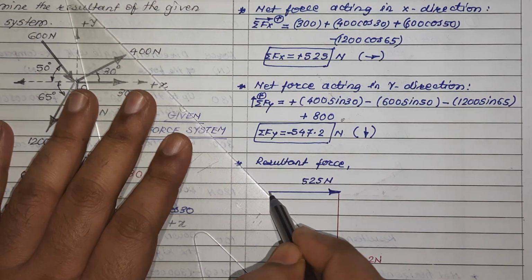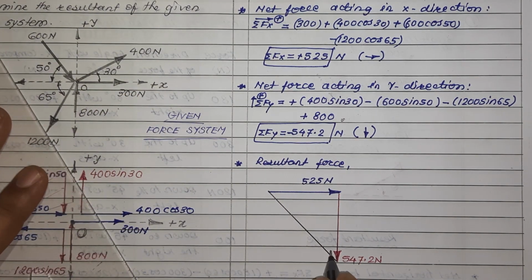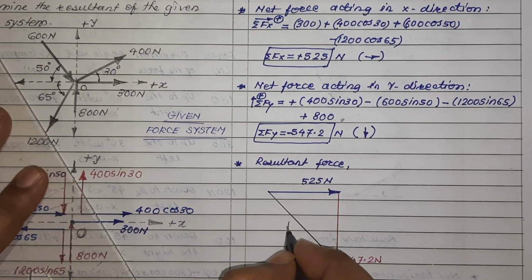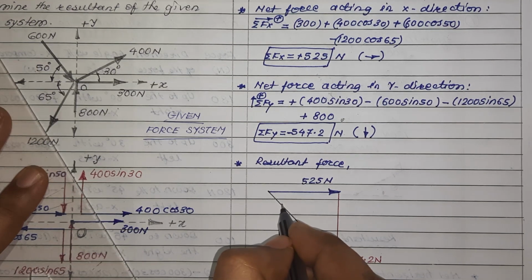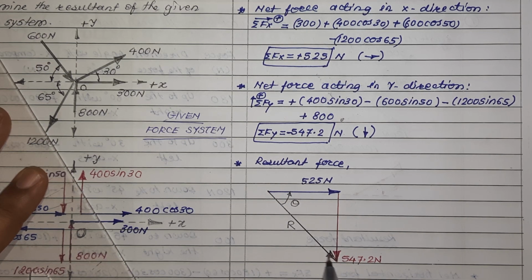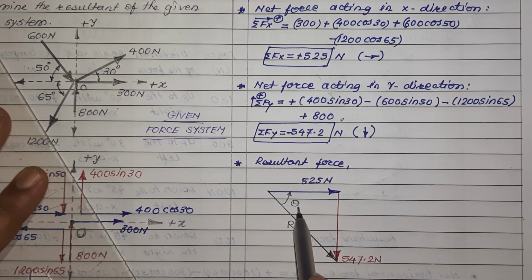From this, we will be getting resultant of these two forces, which is drawn in opposite order. Hence, the force will start from this point and it will end at this point. This force will have arrowhead in this manner. This is called R, and angle made by the resultant with horizontal will be called theta. So our objective is to find out R and theta. Since R is the hypotenuse of this right angle triangle, using Pythagoras theorem we can find out R, and using tangent formula we can find out theta.